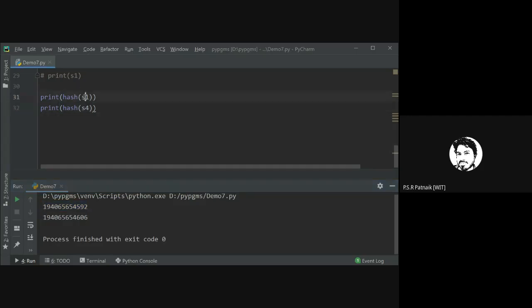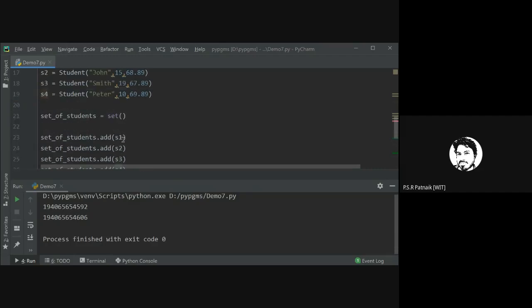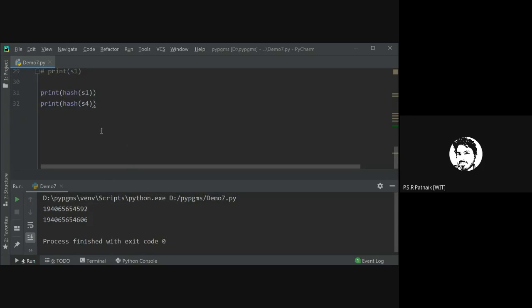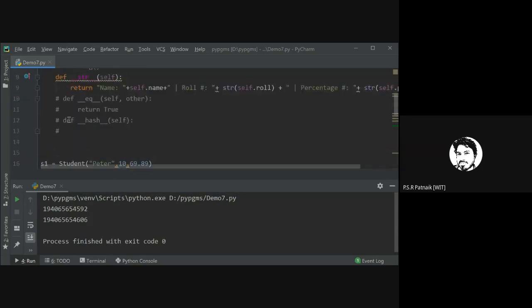If the hash code of these two objects is not the same, the set will say they are two different objects. So the set is right. It didn't do anything wrong. It behaved as it was asked to behave. So we have to define what will be the hash code of the object. To do that, we have to take control and define what will be the hash.